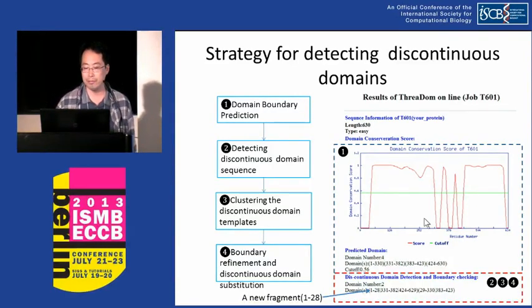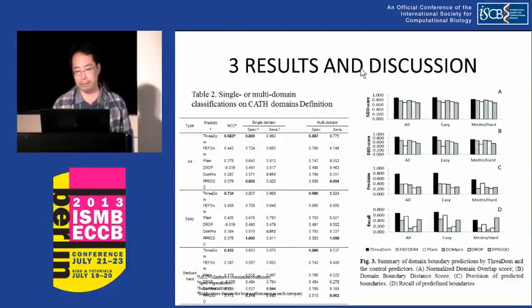I must say that ThreaDom is designed to predict the boundaries close to the terminal, within 40 residues. Here is a very short fragment, but using cluster detection of the domains, we can get that. That is a measure. We test or benchmark this